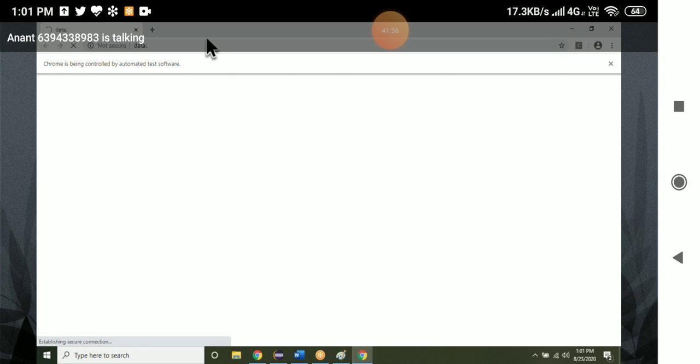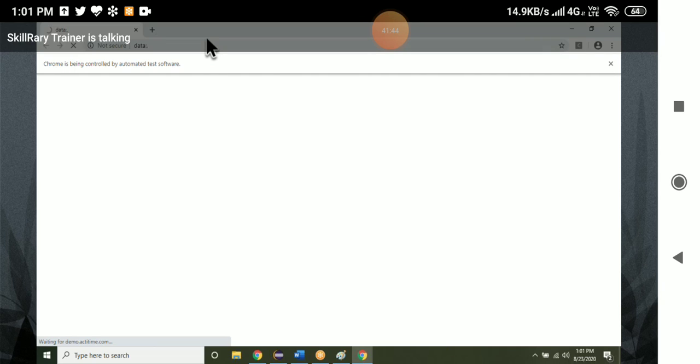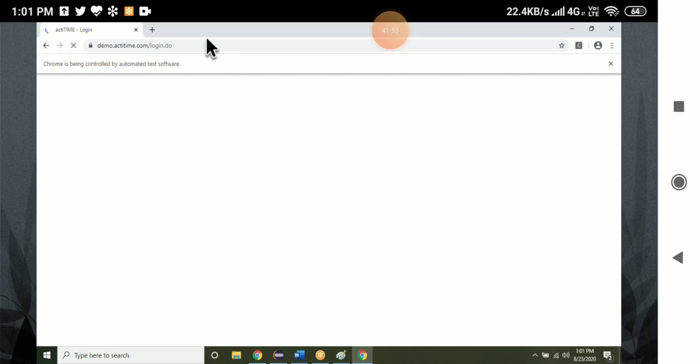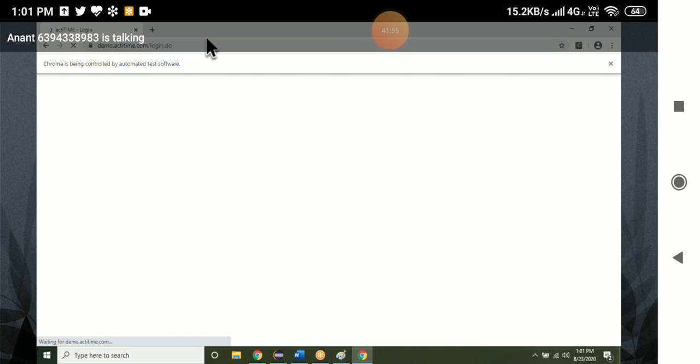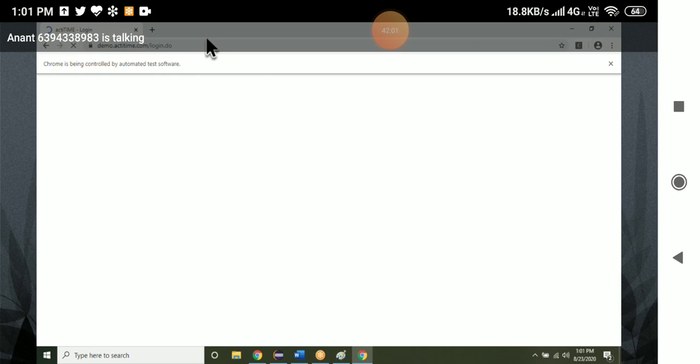Sorry, click on the login button. Dot means the text function. Instead of using the text function, you can also use dot.